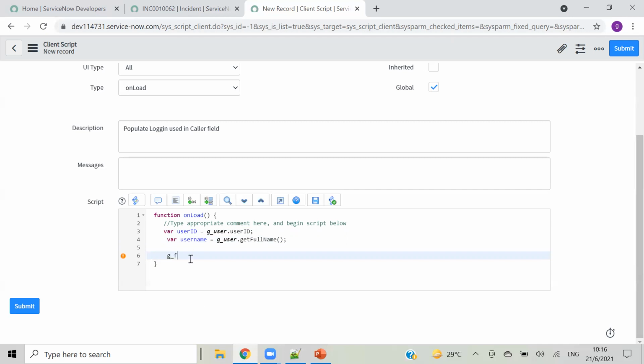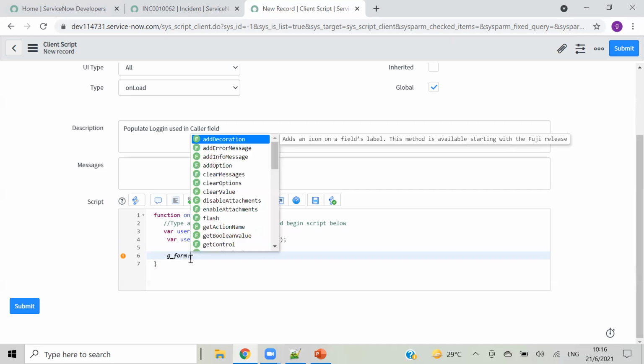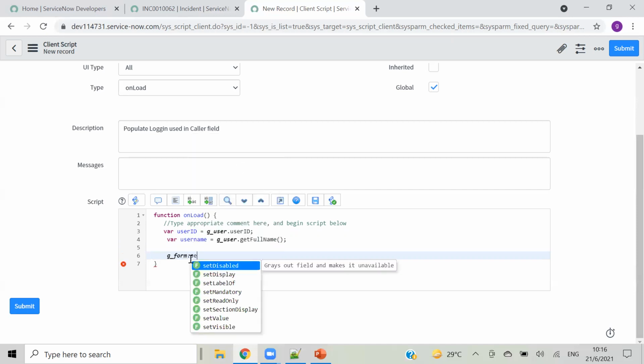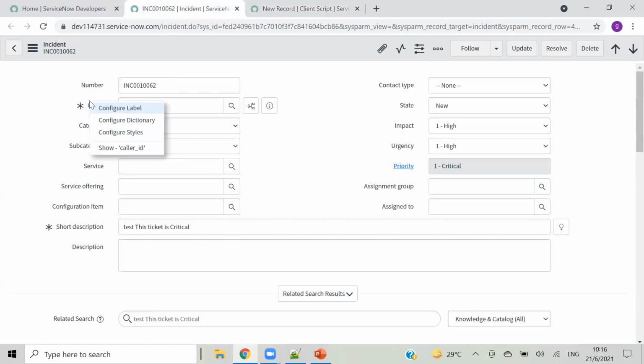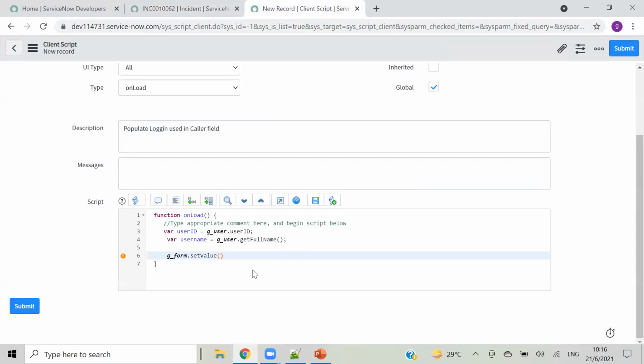So g_form.setValue, and first I have to get the name of this field in the background, it is caller_id. So caller_id, comma, userID, comma, userName.